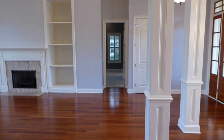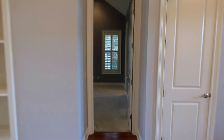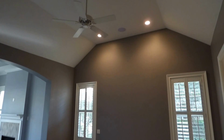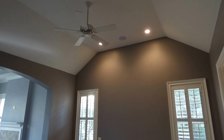Good looking cabinets. So across to the right is our master bedroom. Let's go and see that now. It's very, very nice. Plantation shutters in many of the windows. This being the master bedroom with, sometimes it's called a barn ceiling. I call it a sculpted ceiling. It's a high ceiling, high flat ceilings. And one of the